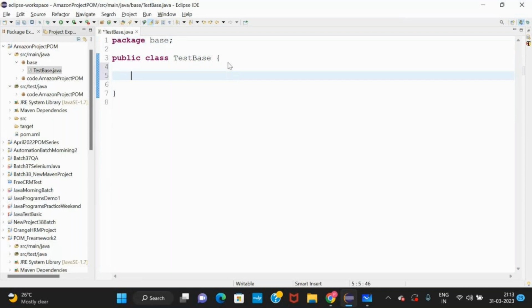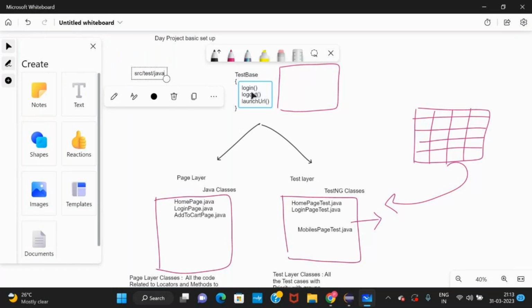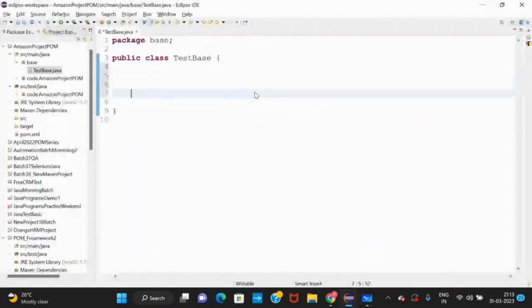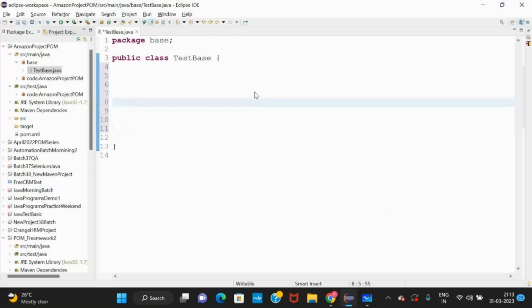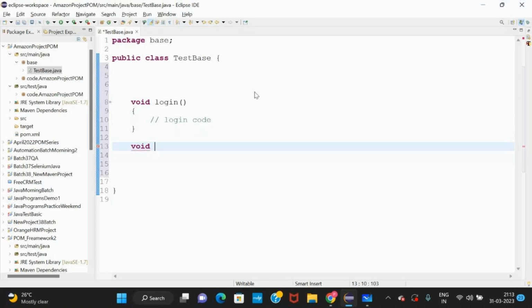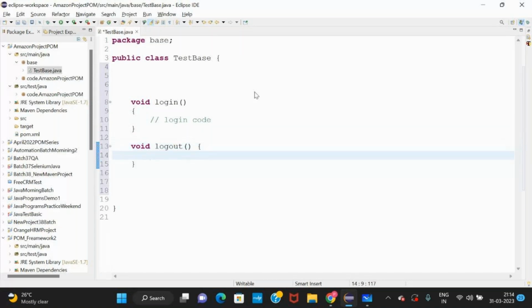Now in this test base, we are going to have these methods: login, logout, and launch URL. I will write a method, void login. For now, I'll keep it empty, login code. Void logout, and this will be the logout code.